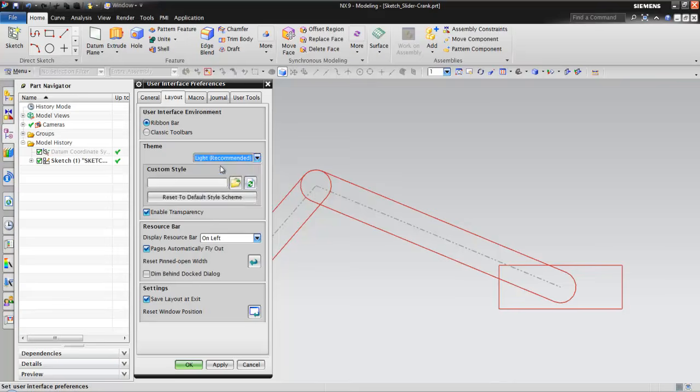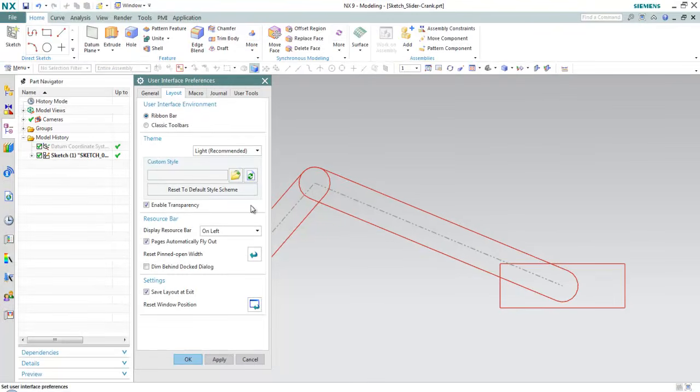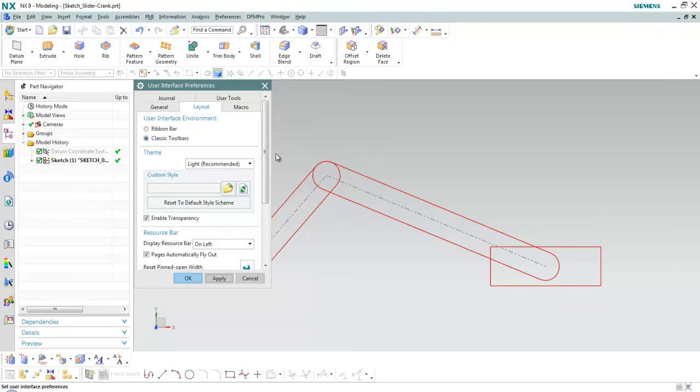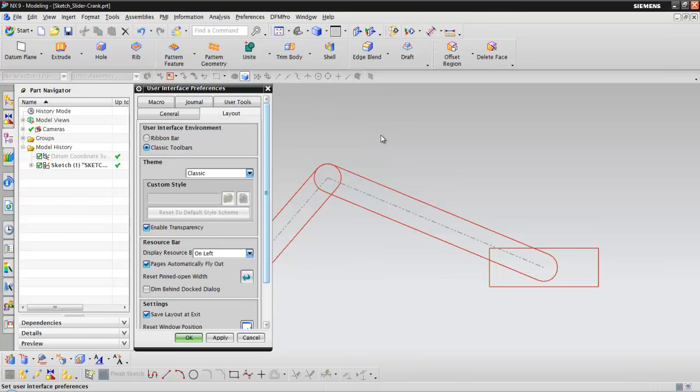So I'm going to go ahead and switch this back to light. The other thing you will see here underneath user interface environment, you see ribbon bar and classic toolbar. So ribbon bar is the new NX9 user interface. For this release, maybe 2, you can switch back to classic toolbars. So when I change that and I change this to classic, you'll see that it looks like it did in